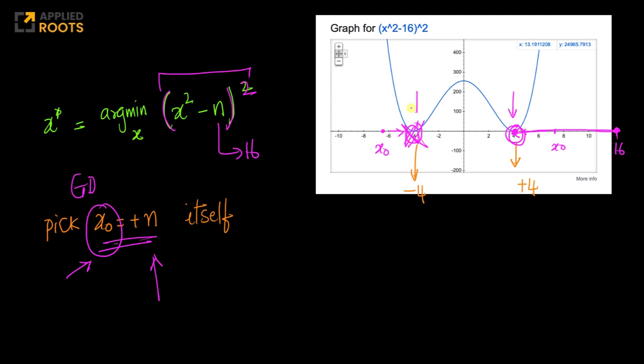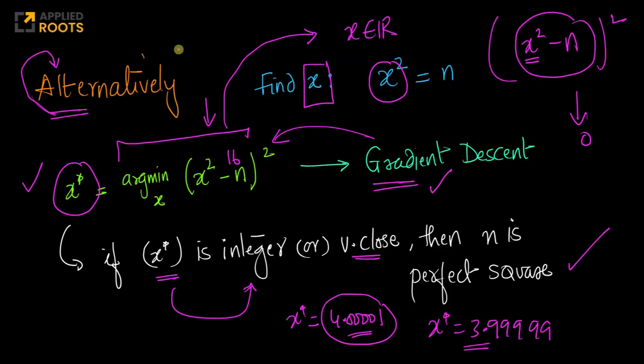Even if you arrive at this other minima, that's okay, because if your n is a perfect square, you'll have plus 4 here or minus 4. Whatever you get, your answer can still be valid. Again, you can tweak around the gradient descent to just make it work for this specific case. And this is a completely different way of tackling it. I've seen some interviewees tackle this question from this angle also, which is perfectly valid.